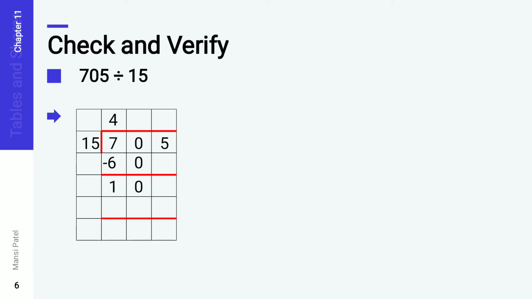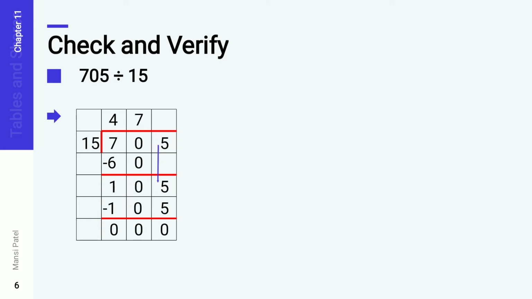Now 5 comes down. So it becomes 105. Now in the table of 15 you are getting the number 105. Yes. Where is it? 15 sevens are 105. So do the subtraction. 5 minus 5, 0, 0 minus 0, 0 and 1 minus 1, that is also 0. Now you see here again your remainder is 0.